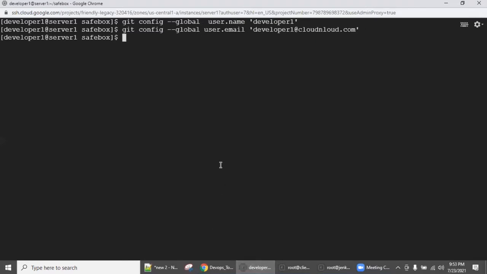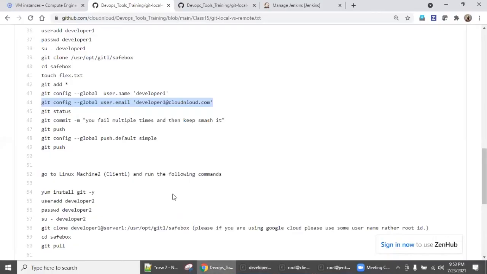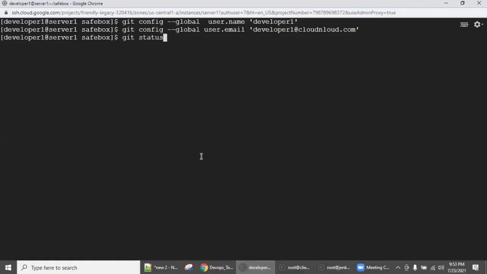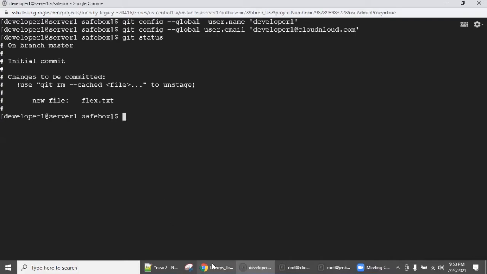This is very important, because if we are managing a centralized repository used by many people, then each and every commit should have this information. Otherwise, we will lose track. This is mandatory to adhere to everywhere. So git status, yes, changes to be committed.